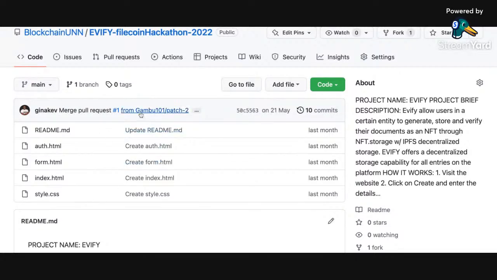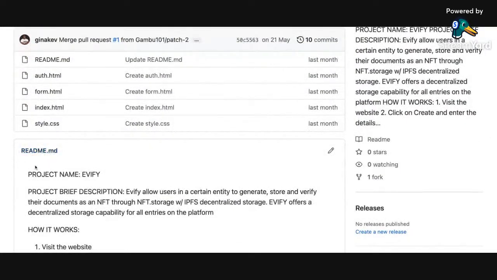Three things I'm trying to point out here. Number one, committing is taking all these files. All these files were in my laptop, for instance. If you want to push them online to GitHub, you have to stage it, then commit it. Once you commit it, it comes up on GitHub in the main branch. This is the README that he was talking about.